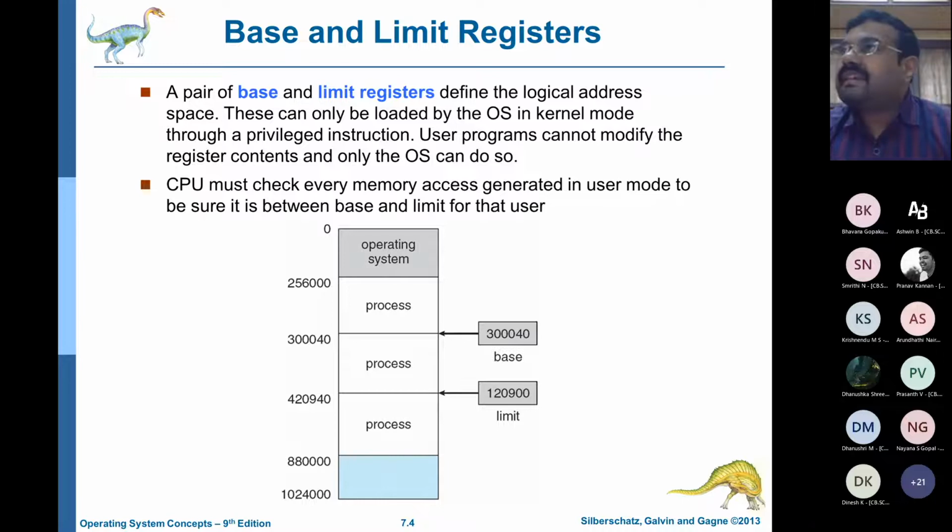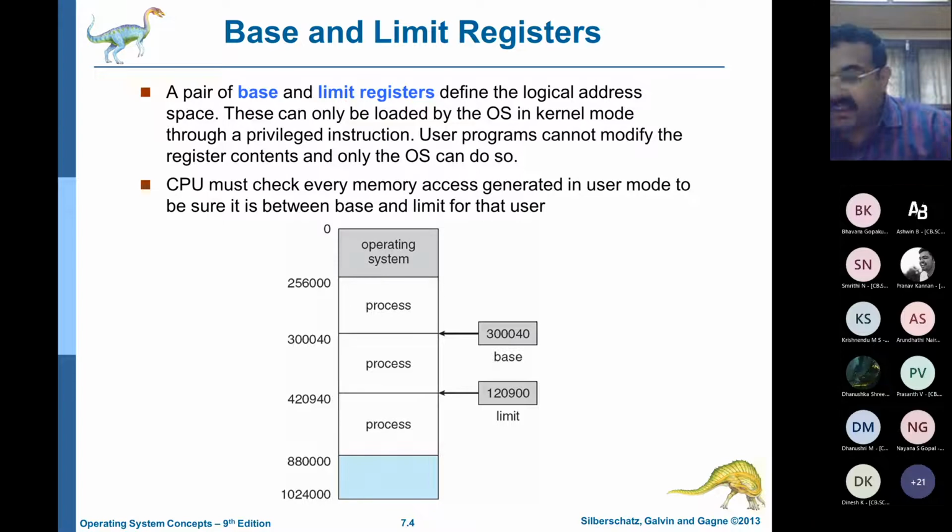So the CPU does not directly go into any physical location and retrieve. Suppose you want a library file, stdio.h. stdio.h is located in some physical location, but the CPU does not get the physical location. It actually only works with logical addresses. And how will this logical address be converted into a physical address? That is done by what is known as a base register and a limit register.